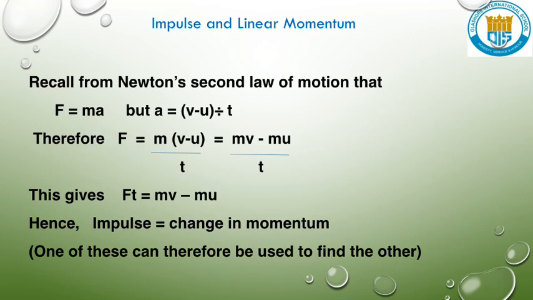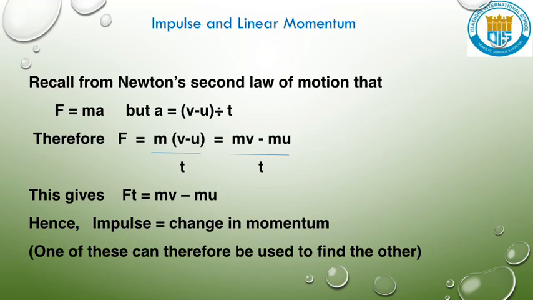Now, mv minus mu over t is the rate of change of momentum. Now, F is equal to rate of change of momentum. That means F equals mv minus mu over t. In this case, if I take t to the other side to join F, that means I do some form of cross multiplication there, you will find that Ft equals mv minus mu. Now in this lesson, we have already said that Ft is the formula for impulse, and mv minus mu is